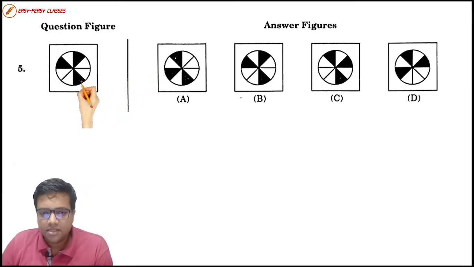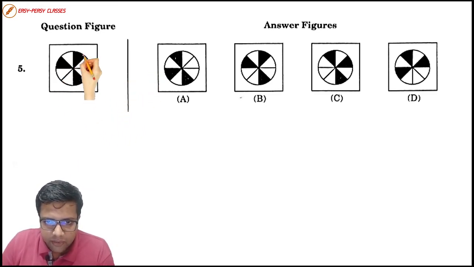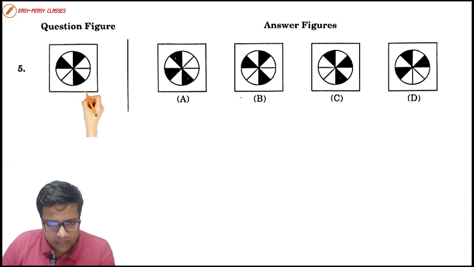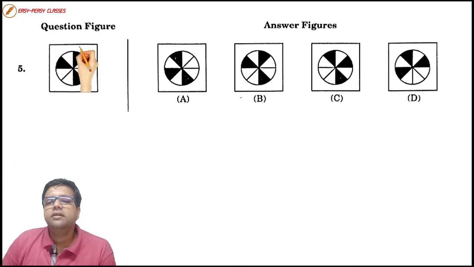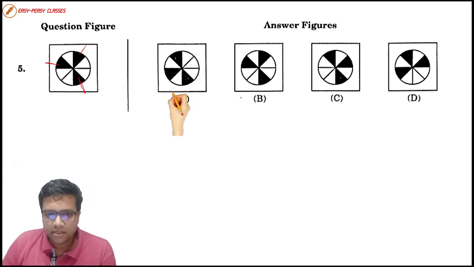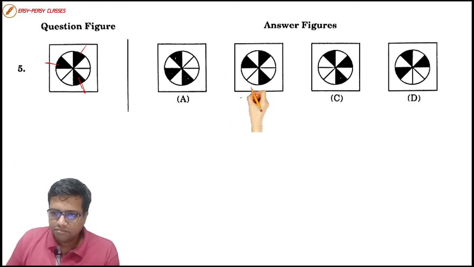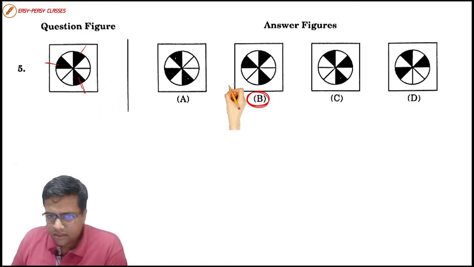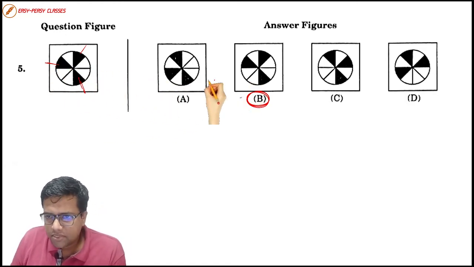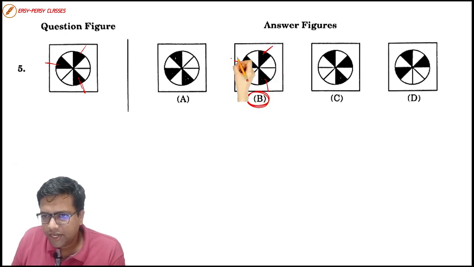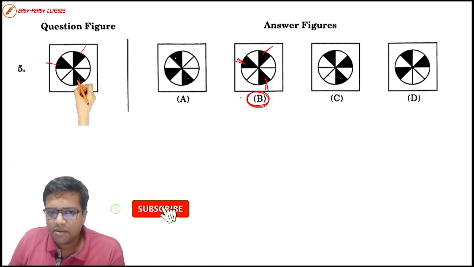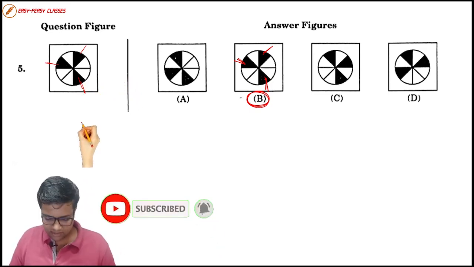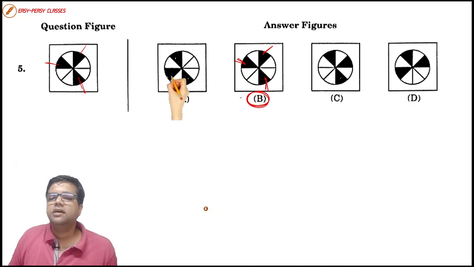The first question, see, there is a circle which has been divided into, I think, 8 parts, and there are a few sections which are colored, and you just have to see which one is exactly matching. There is nothing much to discuss over here. It's very easy. Option B is quite exactly matching the question figure, right? See, the positions of these colored shaded areas are exactly matching our question figure. It is as easy as that. Any kid, even without any preparation, can answer these questions.